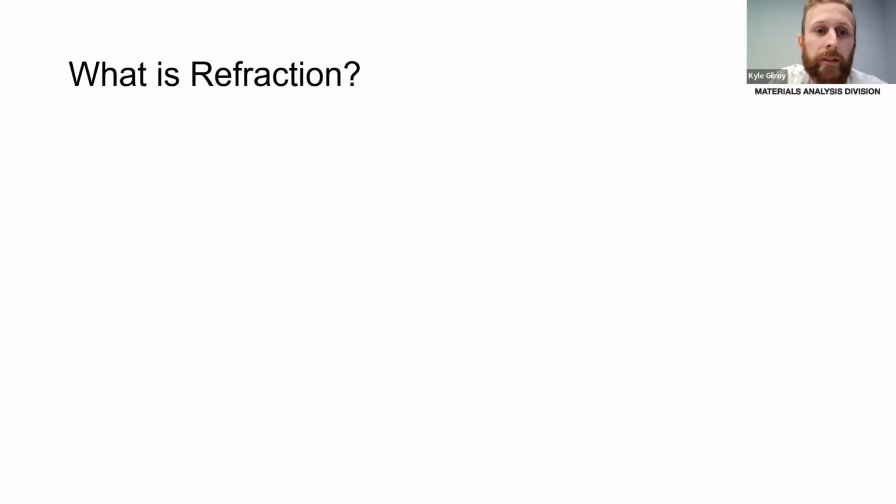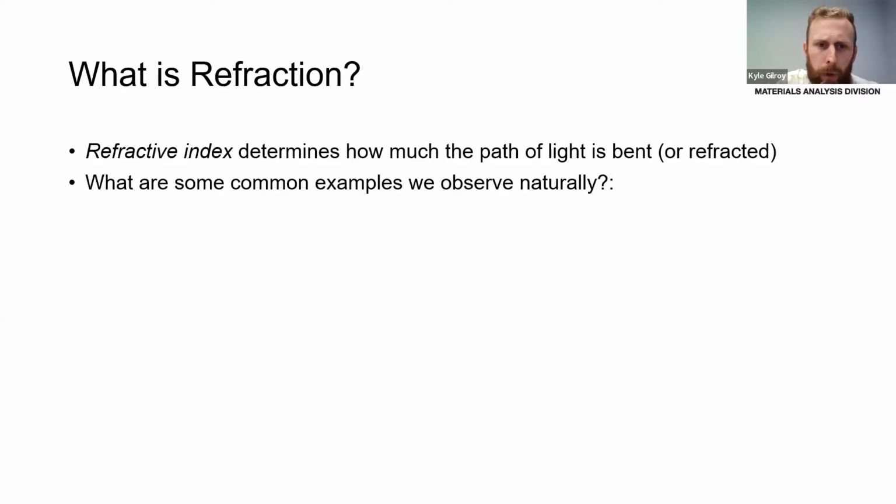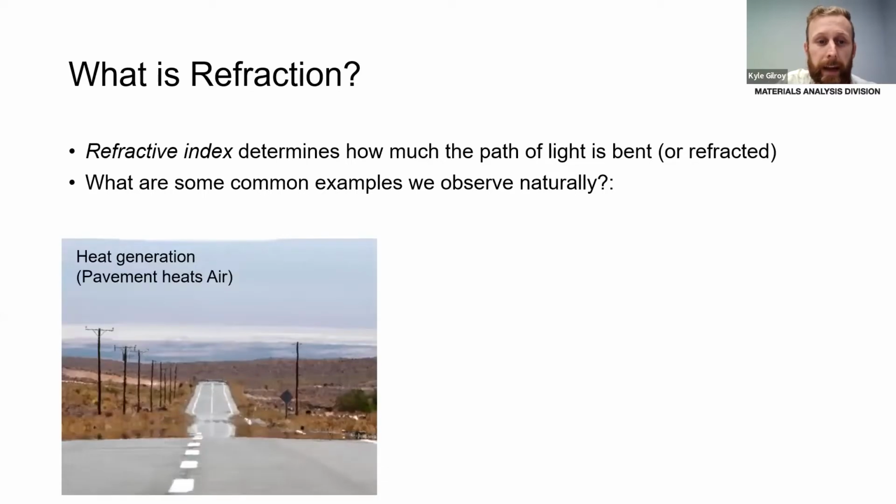Refraction can be defined by something called the refractive index, and that determines how much the path of light is bent. We observe this commonly, basically every day. If you live in an area where the road gets very hot, as you're driving down the road, sometimes it looks like a mirage or maybe some water on the road. This is indeed due to the heat caused by the pavement on the air above it, which will change the refractive index of the air relative to the air around it, and therefore it will bend light